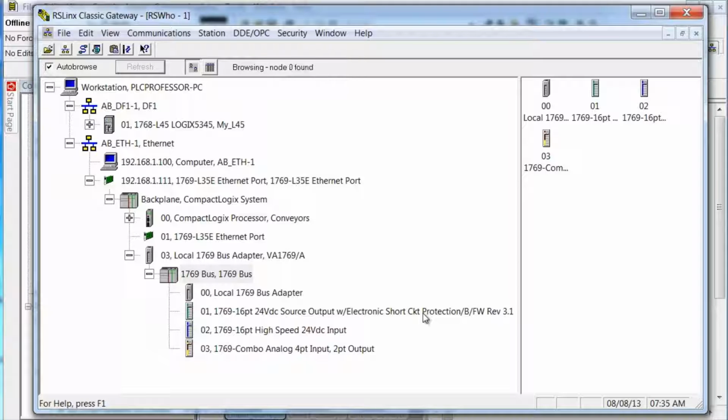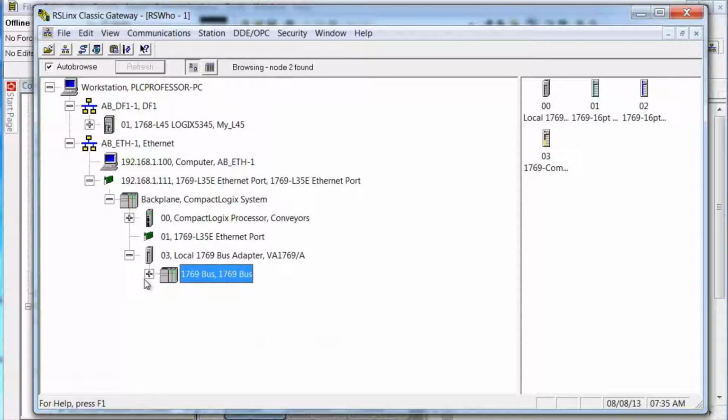Now, let's collapse. Well, maybe we won't have to. Yeah, let's collapse that just to get some more space, because I have limited vertical space on the screen here. Now I'm going to plug in the Ethernet cable to the L45 ENBT that we just added. And we'll see if it's friendly today. If it is,